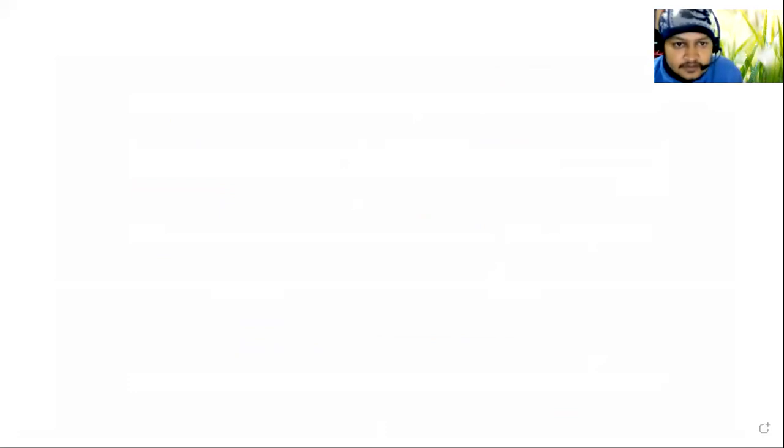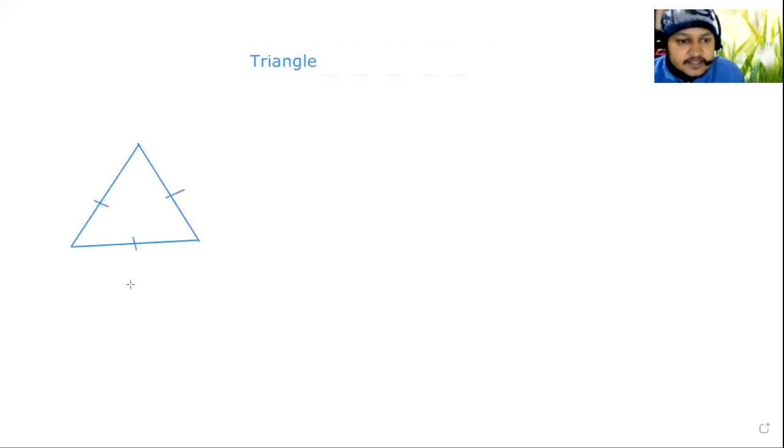Okay. So in the chapter of triangle, at first we are revising the simple things. A triangle with all sides equal to each other, that means this one is equal to this one is equal to this one. यो तीनटै साइड्सहरु इक्वल भएको triangle. This triangle is called equilateral triangle. That means if one is 5 centimeter, another will also be 5, the third will also be 5 centimeter. If all sides are equal, then it is an equilateral triangle.